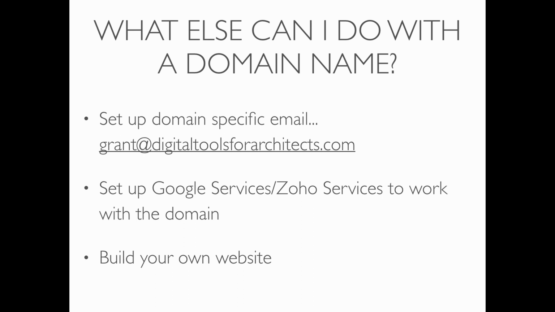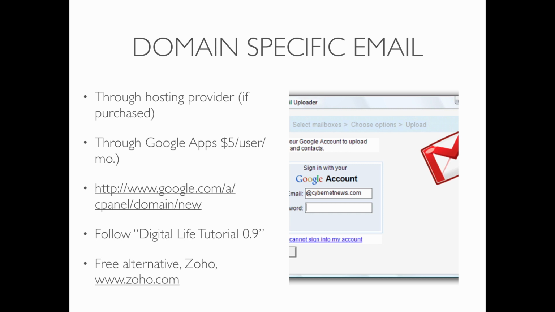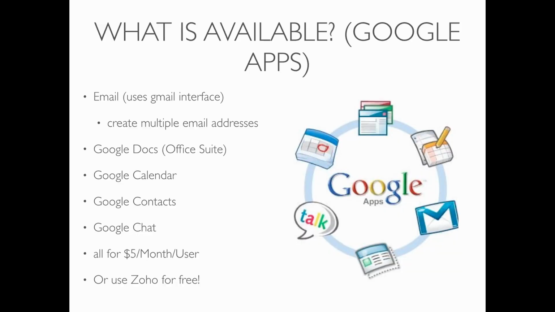The other thing that you can do if you have your own domain name, which is kind of nice, is you can set up an email account like grant@digitaltoolsforarchitects.com or grant@acoproperties.com. That's my business. So that's a very professional email. It's different than grant@gmail.com, for example. Not that that's bad, but it's another way of really branding yourself. And you can set that up using a variety of hosting platforms, etc. If it's something you're really interested in, I can help you with that as well. So we'll just skip on.